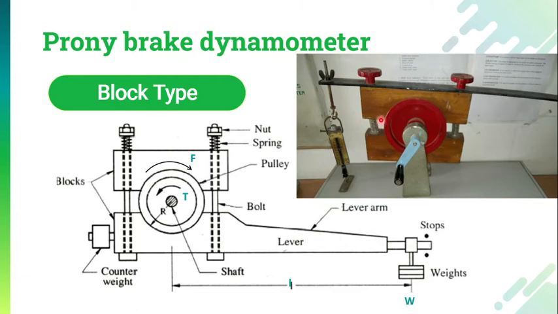Okay, so basically the work of this particular spring is to maintain constant pressure between the block and the pulley. Excess pressure will not be applied with the help of this spring. Now over here, once again, you can observe that on the upper part of this block you can see one long lever available.